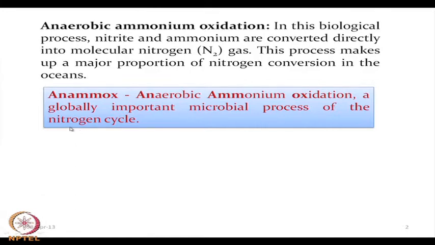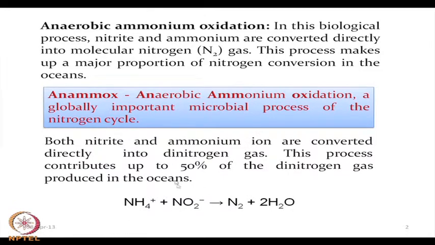So, bacteria can interfere with the corresponding nitrogen balance, the nitrogen cycle and the amount of nitrogen-bearing species. That means whether we have nitrate ion, nitrite ion or ammonium ion in the system, that can be controlled through the interference of the microbes,